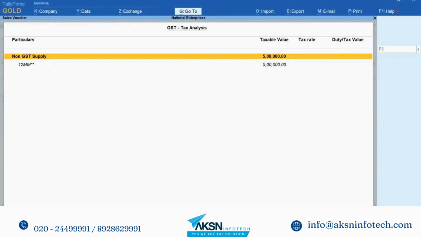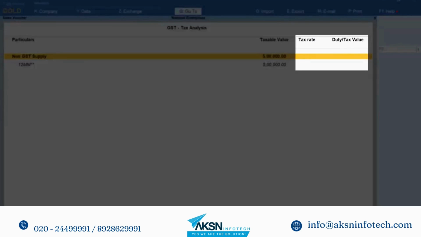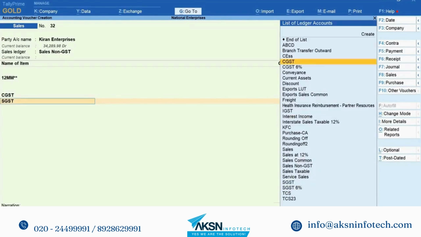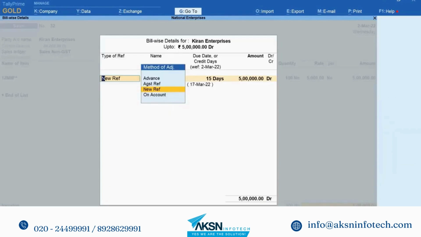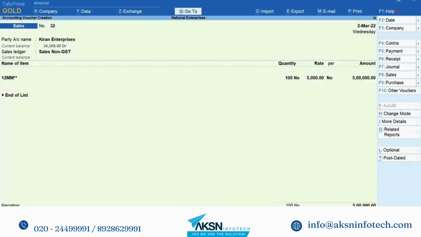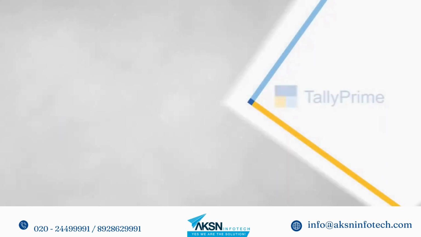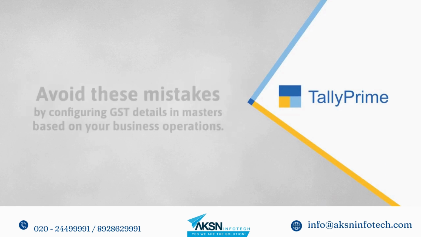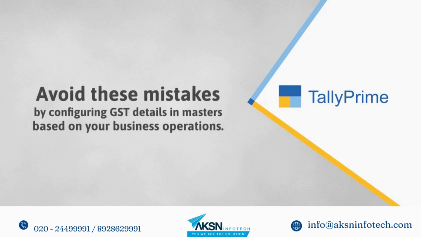आप जीएसटी टैक्स एनालिसिस स्क्रीन देख सकते हैं। उसमें आप देखेंगे कि टैक्स आइटम्स के लिए कैलकुलेट नहीं हुआ है। आप वाउचर से टैक्स लेजर्स निकाल सकते हैं क्योंकि यह नॉन जीएसटी सेल है या यदि इसमें टैक्स लागू होना चाहिए तो आइटम मास्टर में टैक्स की जानकारी कॉन्फ़िगर करें। यहाँ जीएसटी लागू करते समय होने वाली गलतियां हैं और उनका कारण और हल बताया गया है।